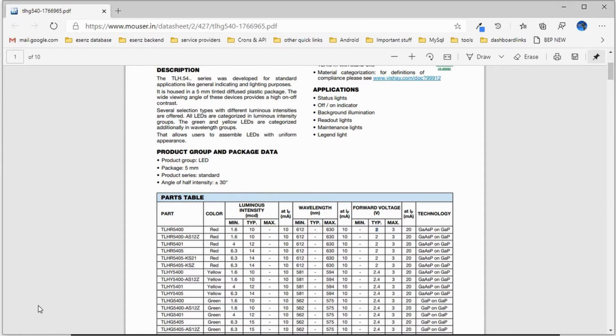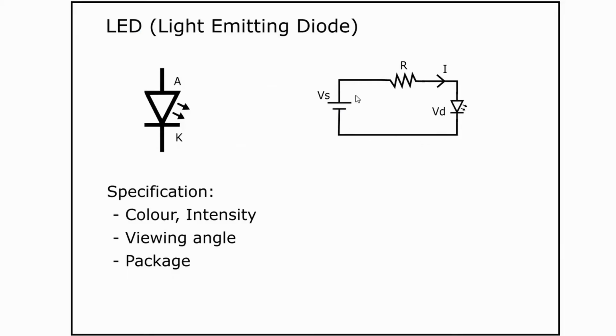Now let's get back to the slide. This is a circuit which we are going to use to drive the LED. As per the LED data sheet, the current should not exceed 10 milliamps. So from now we have to limit the current to 10 milliamps. From our resistors chapter, we have learned that you can use a resistor to reduce the current. Now let's design a circuit where we have to calculate the value of R. What should be the value of R so that the current does not exceed 10 milliamps?